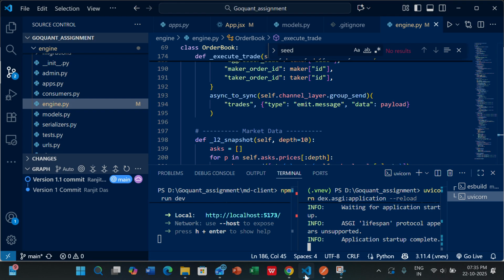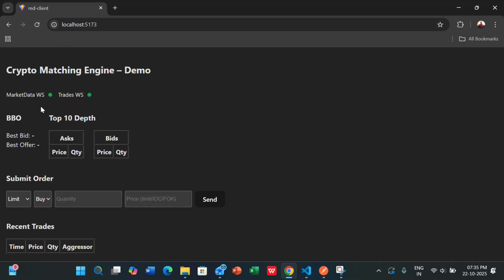It takes some time. Okay, looks good. So as you can see, the server gets started. First I see the book. So in this Postman,